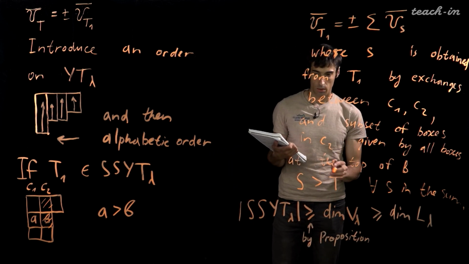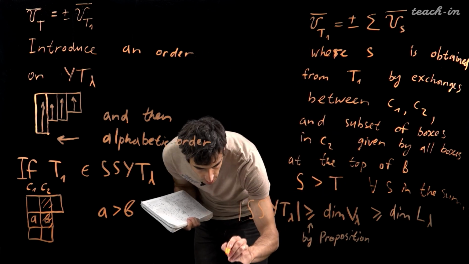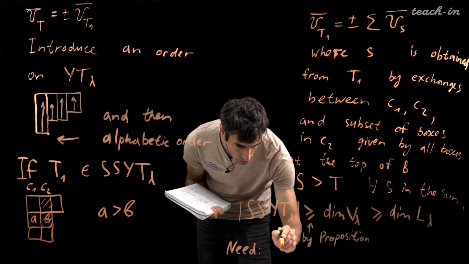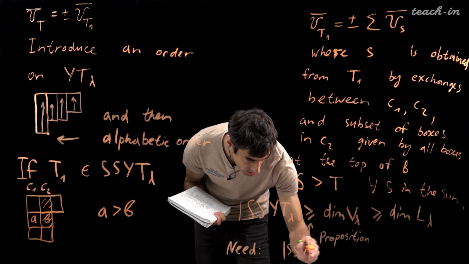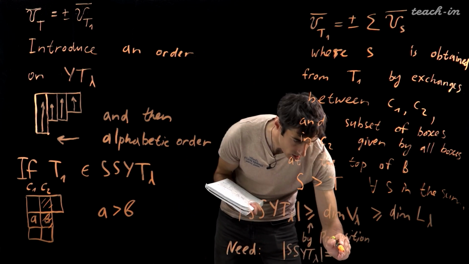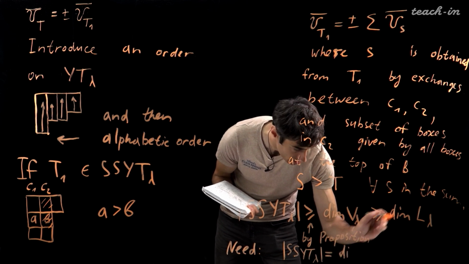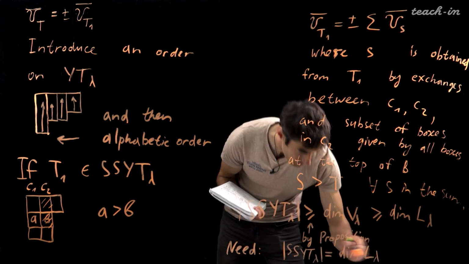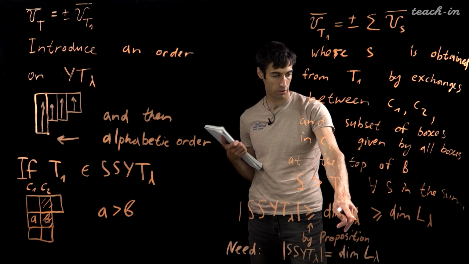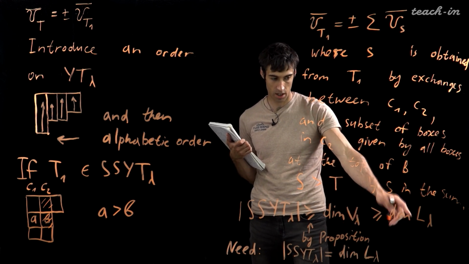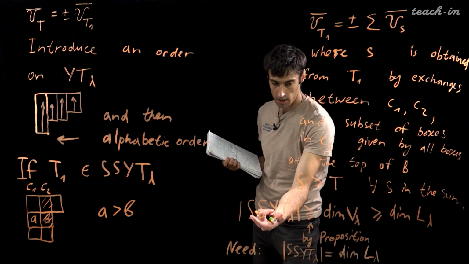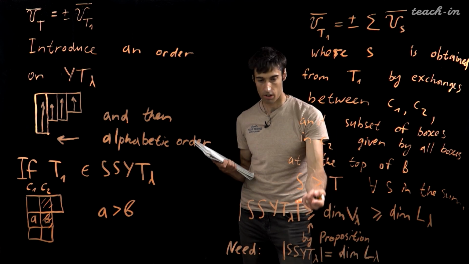So therefore, we need to check that the number of semi-standard Young tableaux of shape lambda equals the dimension of L lambda. Right? Then we just collapse all this sandwich. We will have that the dimension of V lambda is the same as the dimension of L lambda, so therefore they are equal. On the other hand, we will know that this is equal to the dimension of L lambda, means that